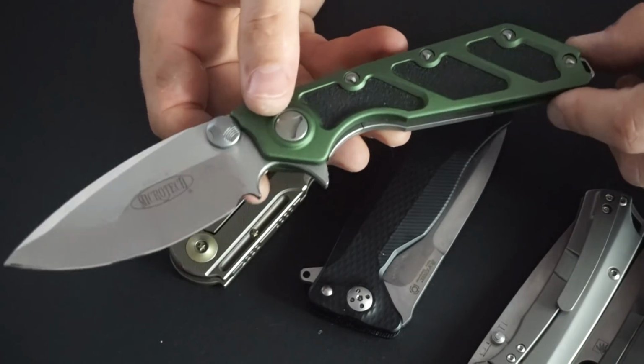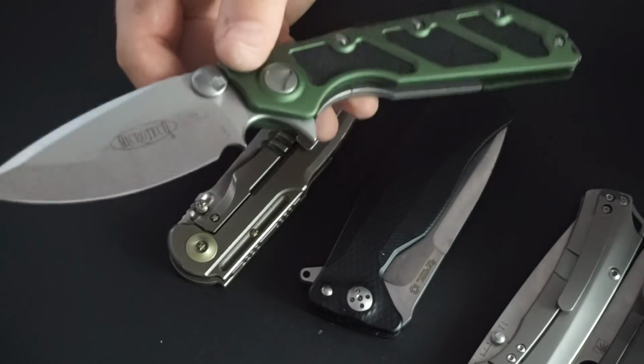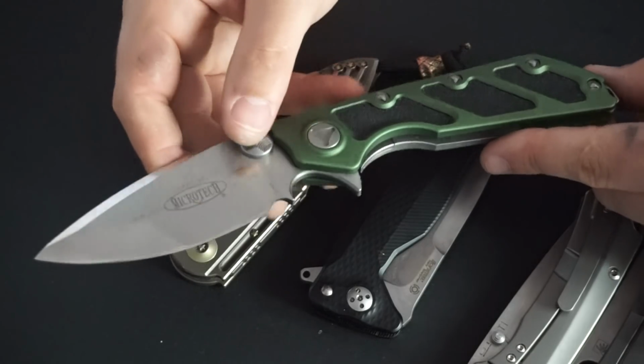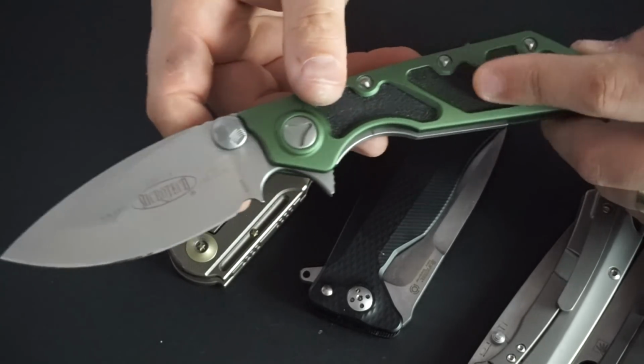This is where you jump in and you get something that you're really going to treasure. This is not a knife for me. I'll say that now. This ranks up there with Medford style knives in terms of, whoa, not for me. But when you have it in hand, it is really something to behold. You see that inlaid